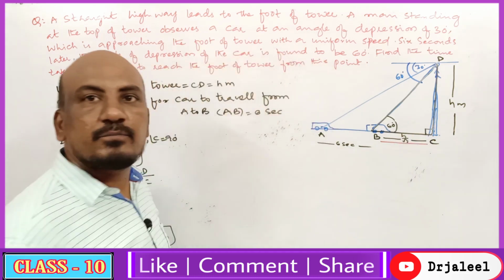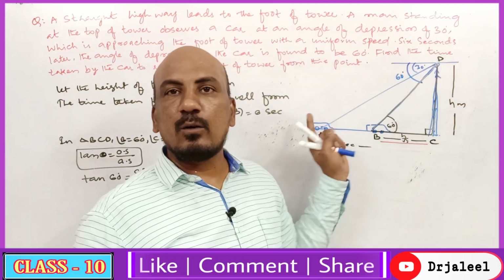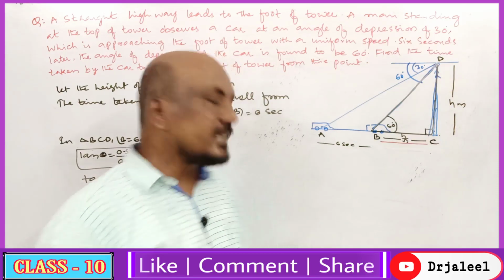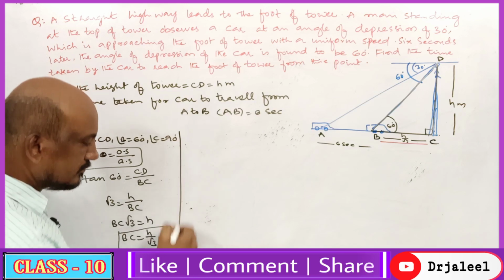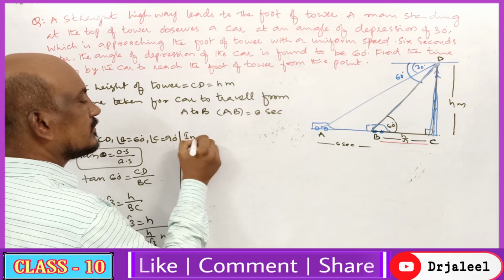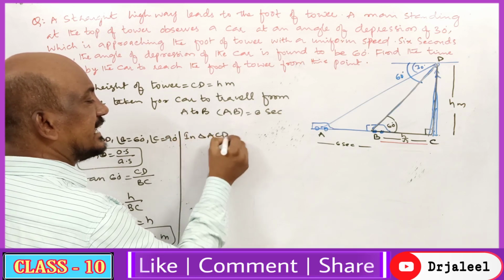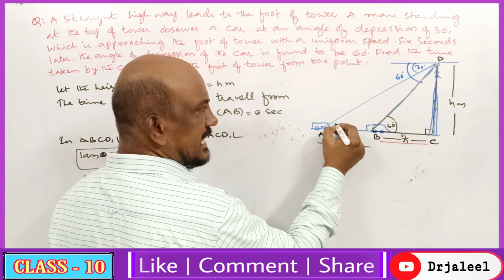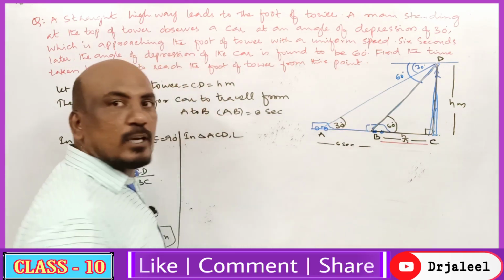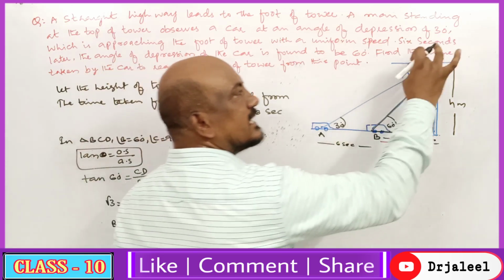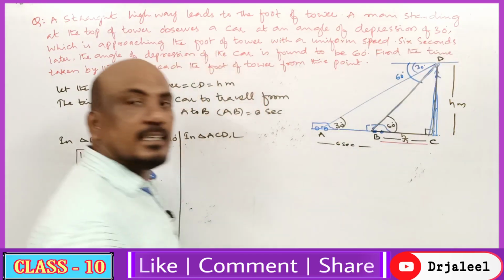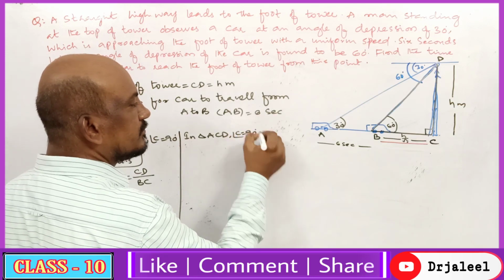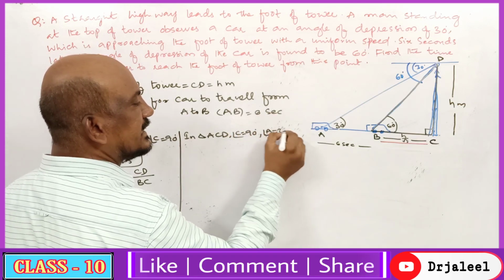This distance. Now we will take the bigger triangle. What is the bigger triangle? ACD. In triangle ACD, what is 90 degrees? See, what is the other angle? This angle is going to be 30. Why is it going to be 30? Because this and this both are alternate interior angles. So angle C is 90 and angle A is 30 degrees.